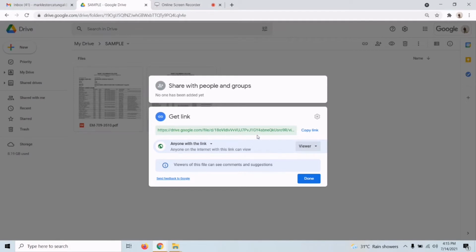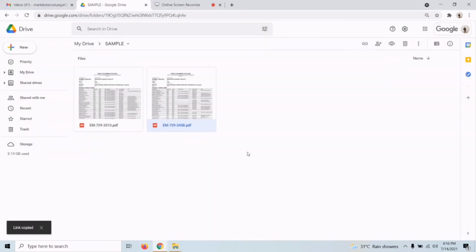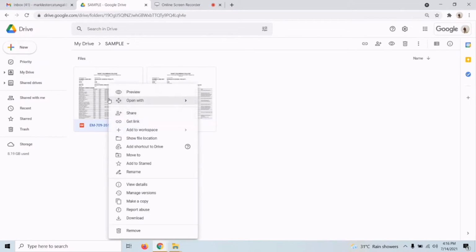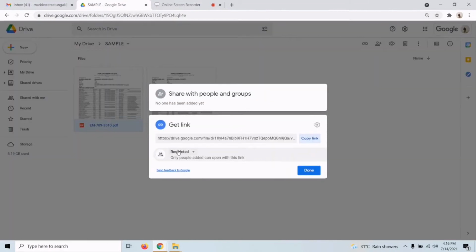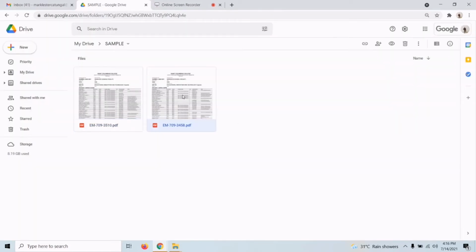So all we need to do now is look for the link. This is the link. And what we have noted from our previous discussion, this is lengthy, and usually we do not recommend to use this link to our documents or to our other uses that involves providing the link for a particular file within Google Drive. So we basically copy this and we'll shorten it later. If you can recall, we can use Bitly. So we click this one and then we click done. Now, if you have noticed, we have only set the accessibility setting of this file, but not this file. So basically, this file is still initially set into restricted. So if you want to make it public, then you can perform the same process. So we have copied the link to this file a while back. We will shorten it,